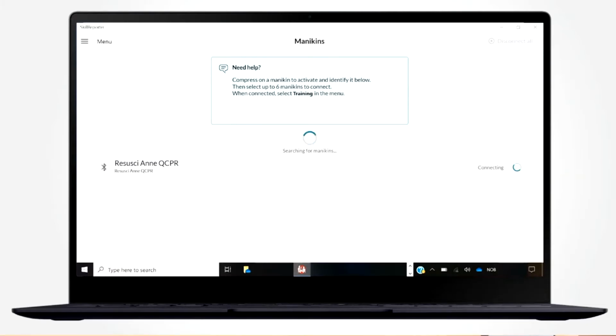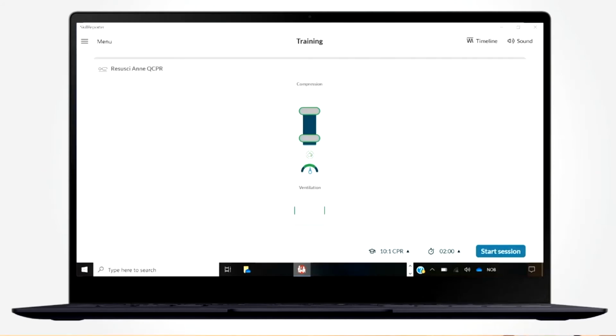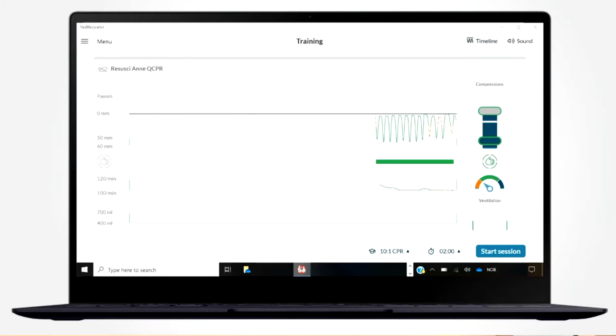When I connect the mannequin, you can connect up to 6 mannequins here. And then you go to training session. And here you can already see that the stacks are moving up and down. Most of you are familiar with this view. And then you have also the timeline view for this application,